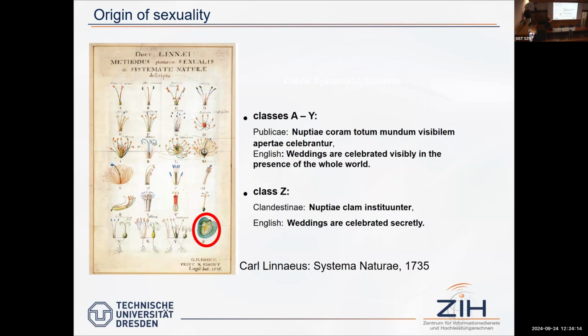They didn't like this association with weddings. For example, this class here is called polygamy. Johann Wolfgang von Goethe and many others protested. However, the sexual reproduction of these plants here, the seed plants, was accepted in the beginning of the 19th century. It was open what happened in this little special class, which contains